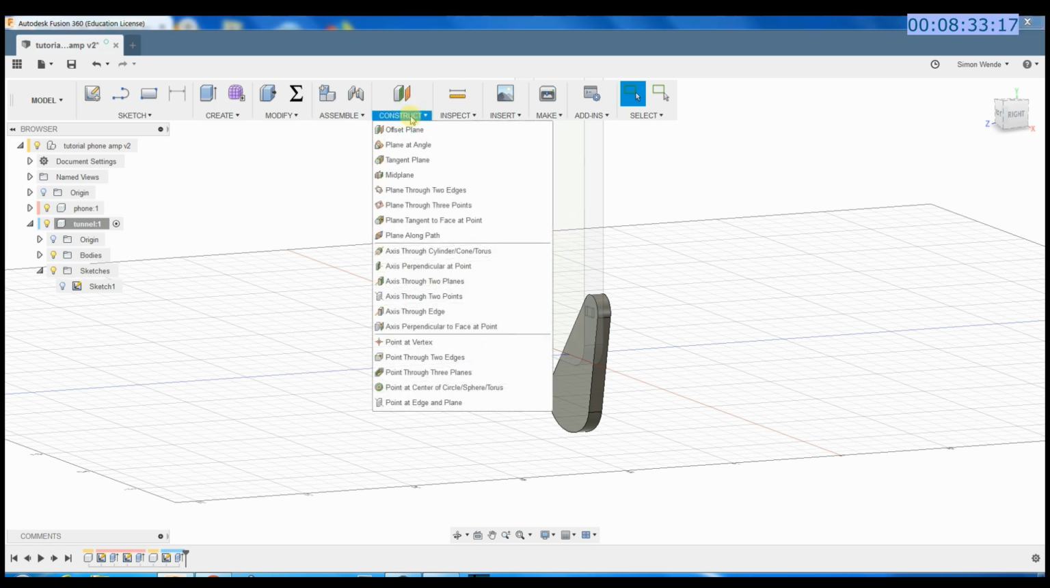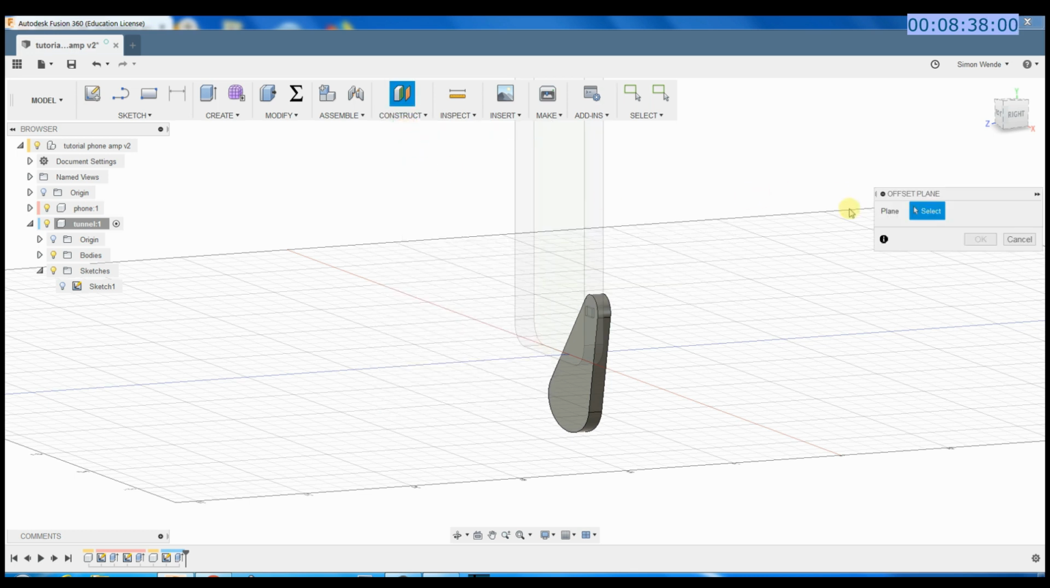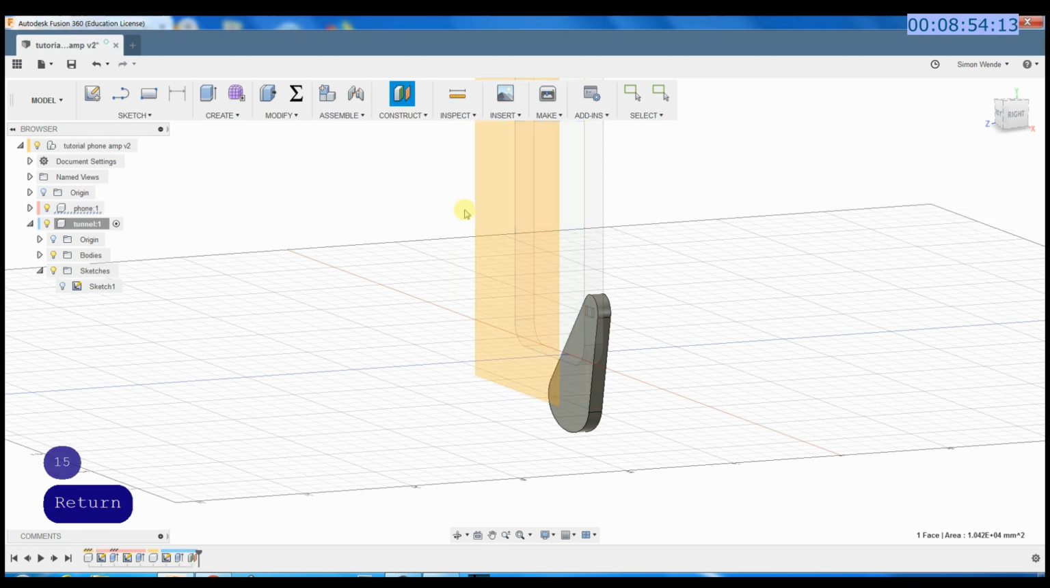I go construct, offset plane. Now over here it's asking me to select the plane that I'm offsetting. So that the front of the phone is the plane that I'm offsetting. That's the distance, or the direction. The arrow is the direction, and the distance is going to be 15, enter. Now that's the plane that I'm going to be building my next